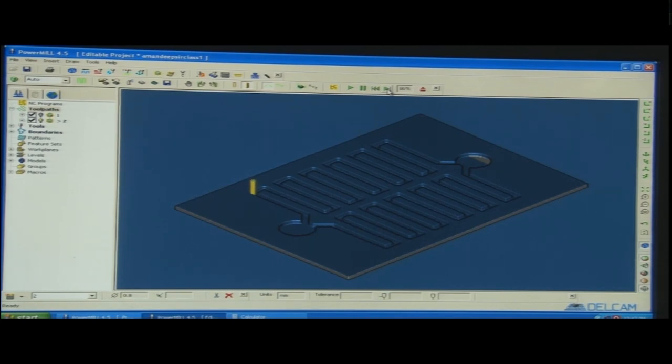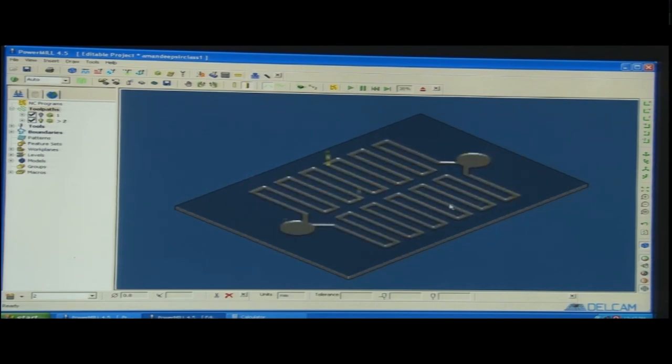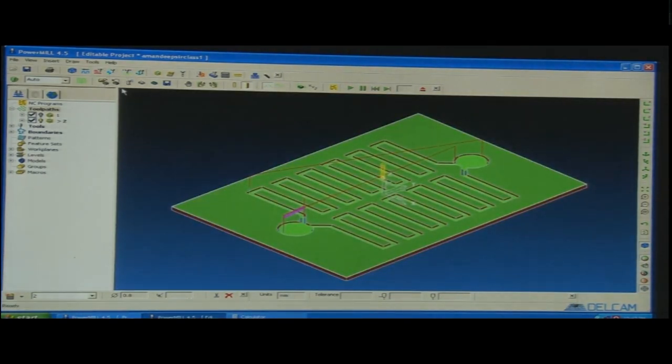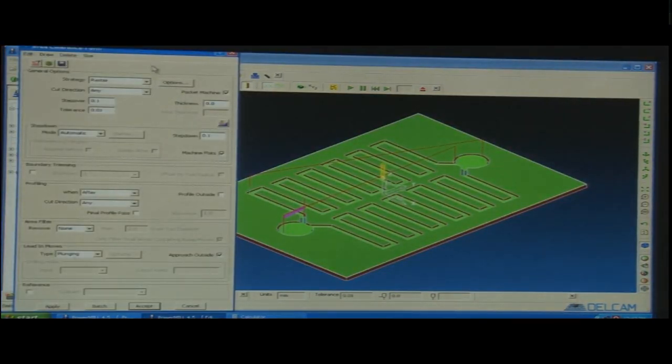For each block the area clearance would happen. So, it is clearing the area step by step, you can see. See, for the whole area it is now cleaned. So, this is the complete simulation of the machining. This is the final workpiece that we will get. So, this is the roughing.